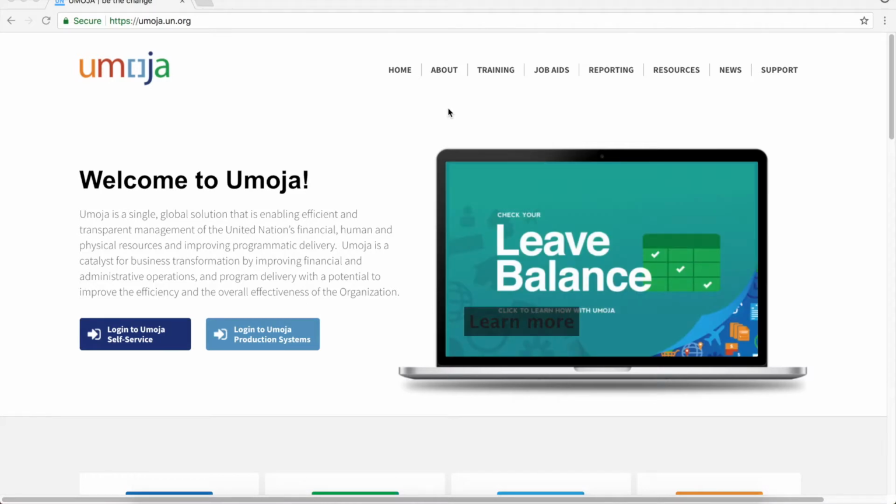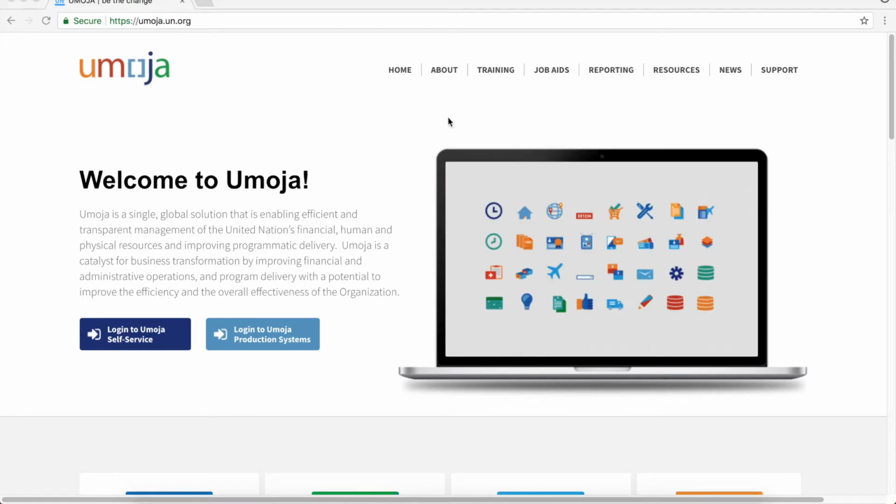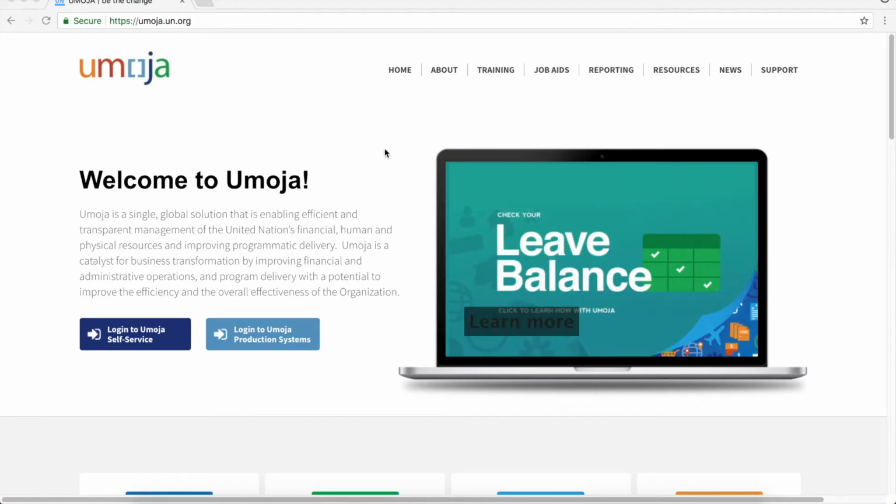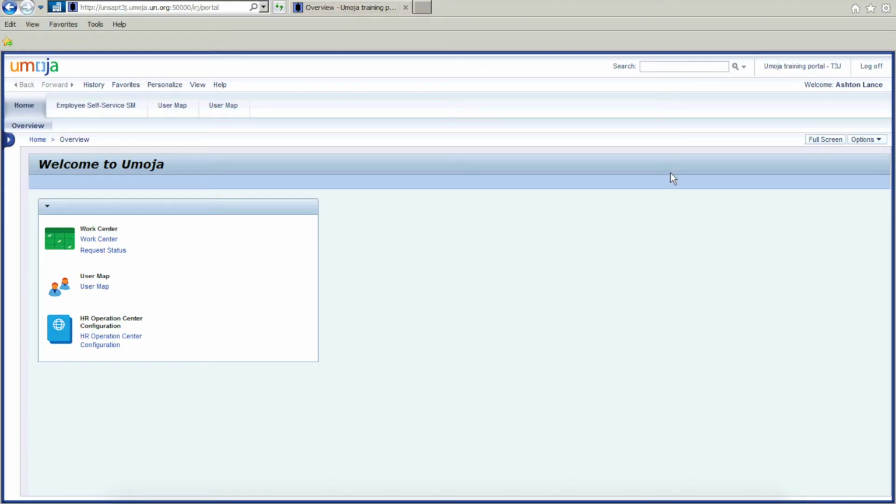member. If you would like to practice this particular exercise in the training environment, please view the tutorial on how to log into the Umoja training environment. If you need help accessing the Umoja portal, please view the tutorial on how to log into the Umoja portal. Now we have finally logged into Umoja. Keep in mind that for the sake of this tutorial, I am in the training environment, but the screens and the steps that I will follow to raise my travel request are exactly the same as the ones you will